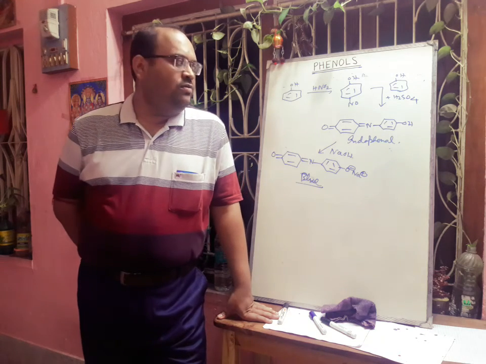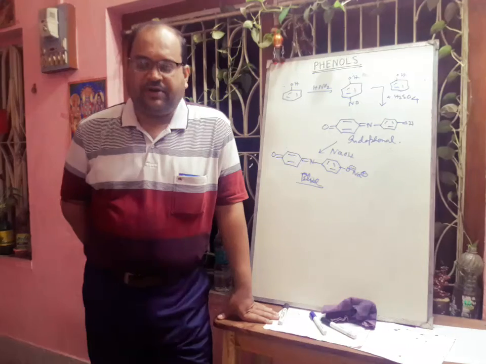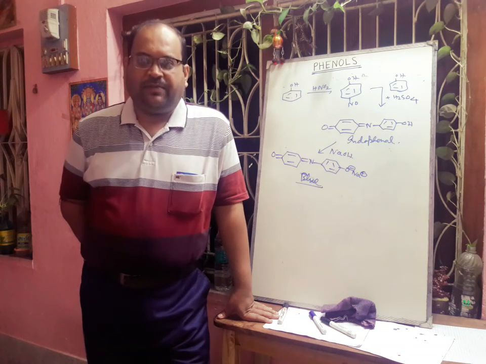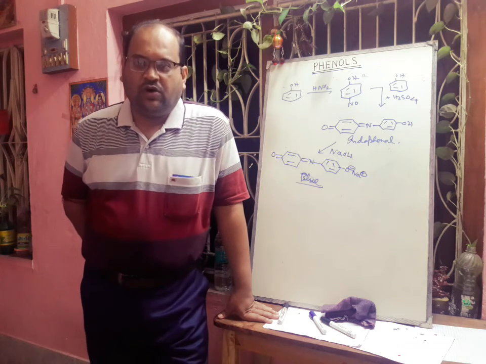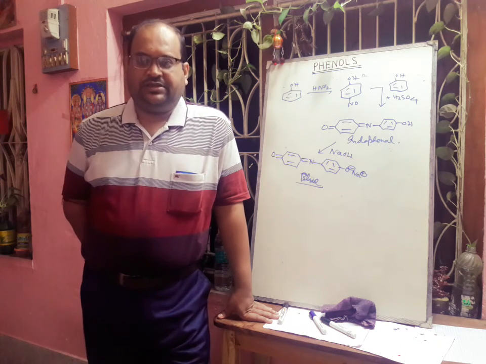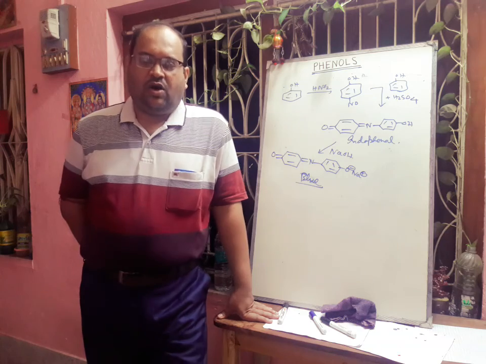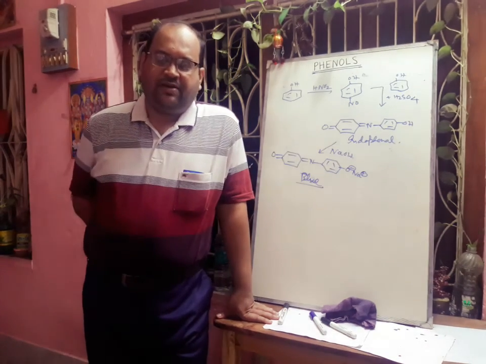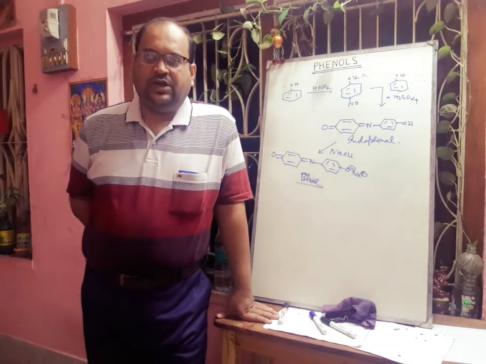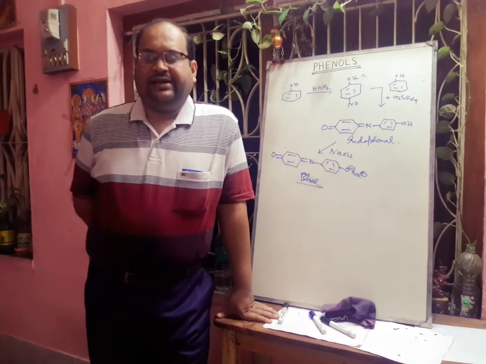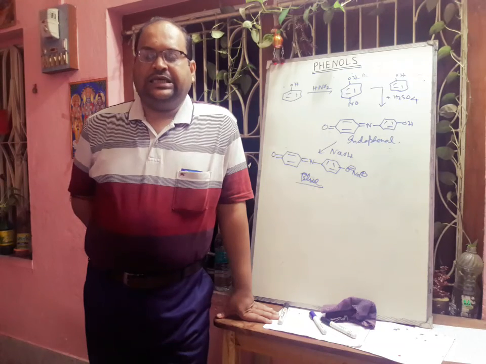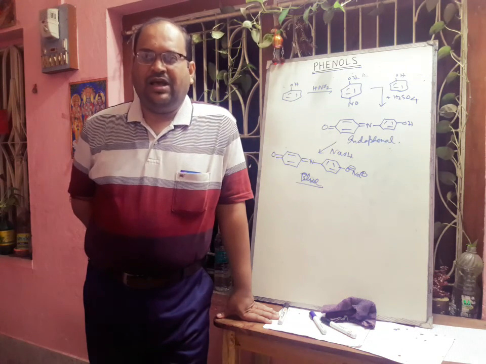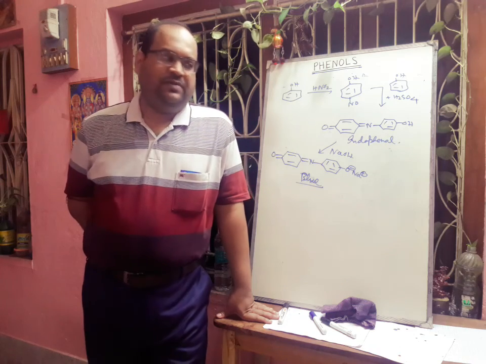This phenol can be used for the preparation of a very important indicator, that is phenolphthalein, and phenol has some germicidal property. That is why it is used in soaps, lotions, and in germicidal liquids. And this phenol also can be used for preservation of wood. In our home also we are using phenol, and its common name is carbolic acid, to remove snakes, okay, or to remove any insect from our house because of its special type of characteristic odor, that is called carbolic odor or phenolic odor. So hope you can understand.